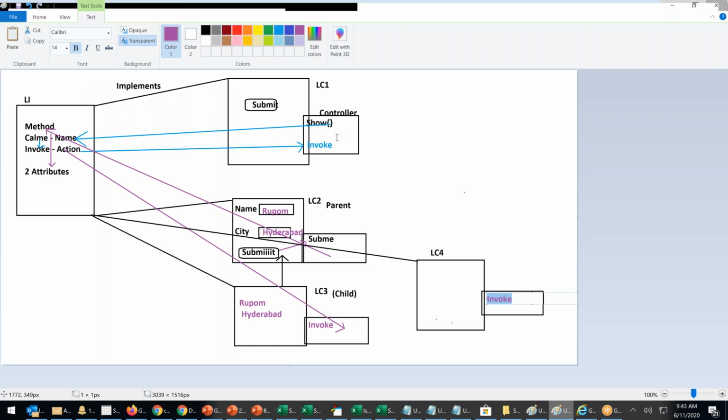You can do it that way also. You don't need to give a reference of the Aura ID, because finally everybody is implementing the interface. The black line is going everywhere. All four components are connected with the black line. So if it works in LC1, the same command will work in LC4, LC3, LC2 also.